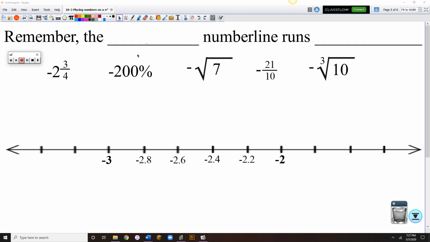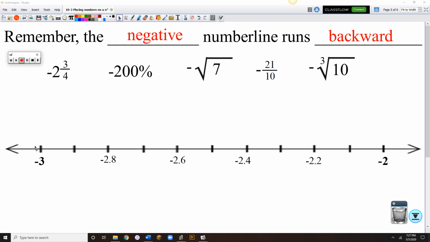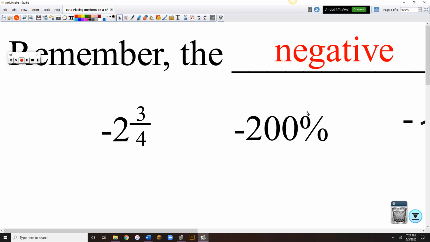And on our last page, we're going to talk about the negative number line. We have to remember that the negative number line runs backwards. So -3 is on the left and -2 is on the right, which is the opposite of how it would be on the positive side. Okay, so here again, we're still going to go through and make everything into decimals. So -2 3/4